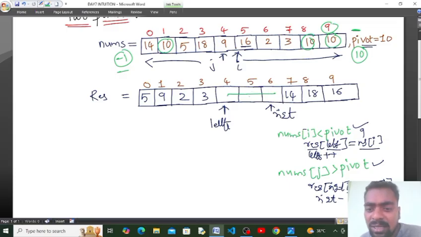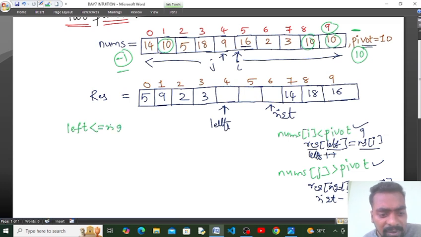So how we can do it is, once i reaches after the last element and j reaches before the first element, what you have to do is check whether left is less than or equal to right or not. Here what is my left? 4. And what is my right? 6. Is left less than right here? Yes. Whenever this condition is true,